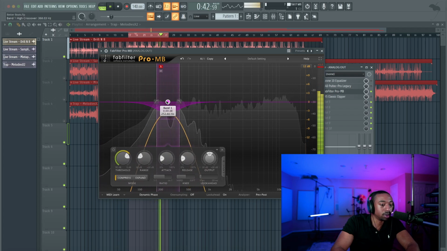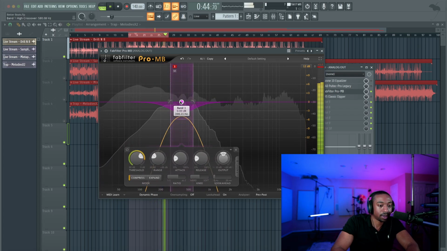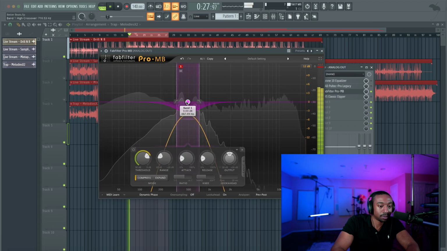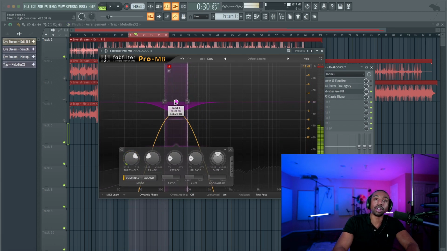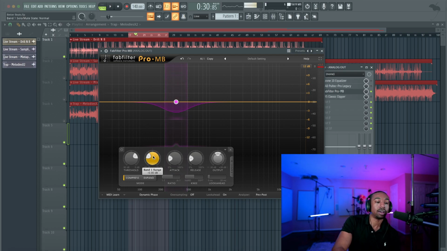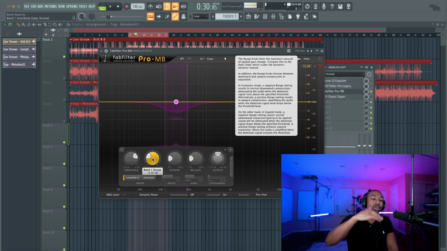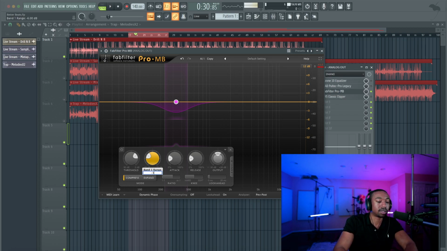Now, below 200 is the bass. Now for this song, I'm going to say about 330 hertz is the target frequency where everything kind of tries to stack up. So what I'm going to do now is not just leave it on this mode. By default, this is set to pull it down with a range of 6 dB, so it won't pull anything further than 6 dB. I'm going to switch this to 3 dB, so we're going to put -3. So the maximum that the compressor will pull out is 3 dB.